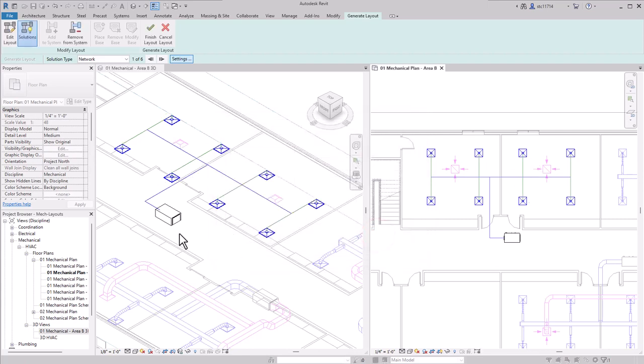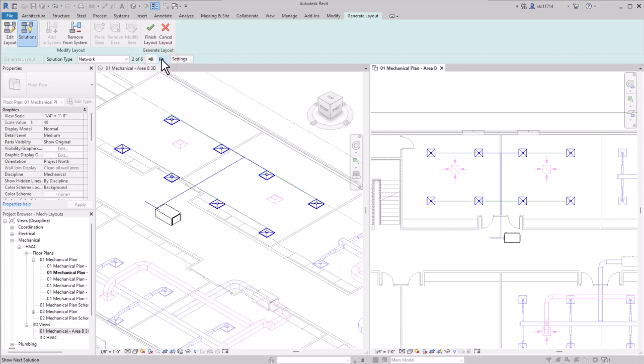Then I'll take a look at the views here. So I can see the main branch running down the middle and then some branches coming off of it. I can go through my different solutions to see the other results. Some of them, this one looks weird. It looks like it comes out and comes back. Probably going to get some sort of error on that one. Well, that one looks somewhat similar to the earlier one. So again, I can scroll through each of these until I find one that I'm most happy with. In this case, I'm going to go with the first one here.